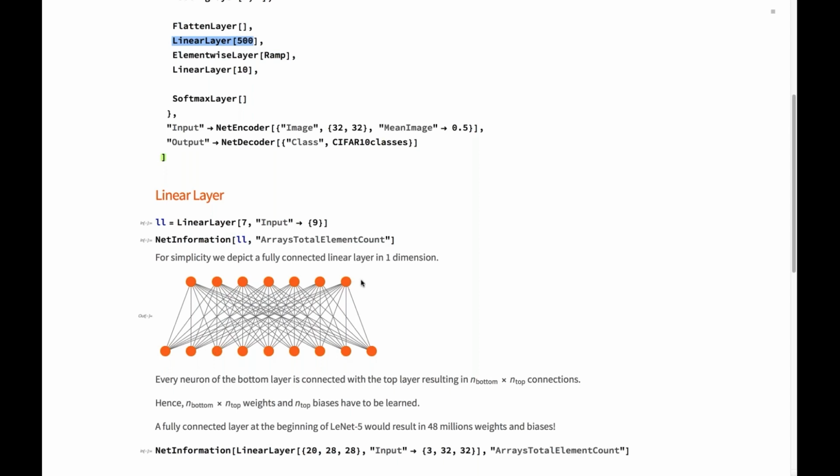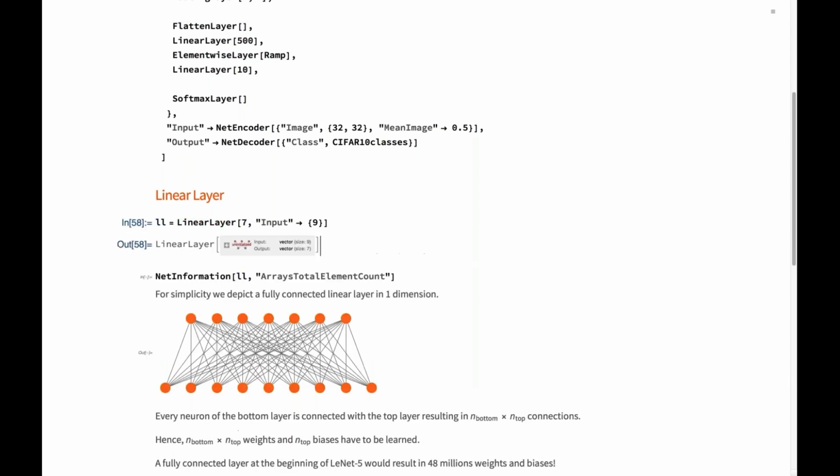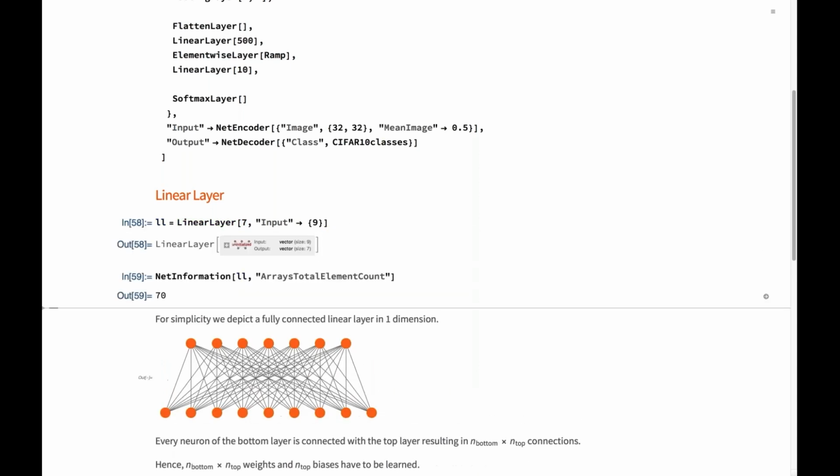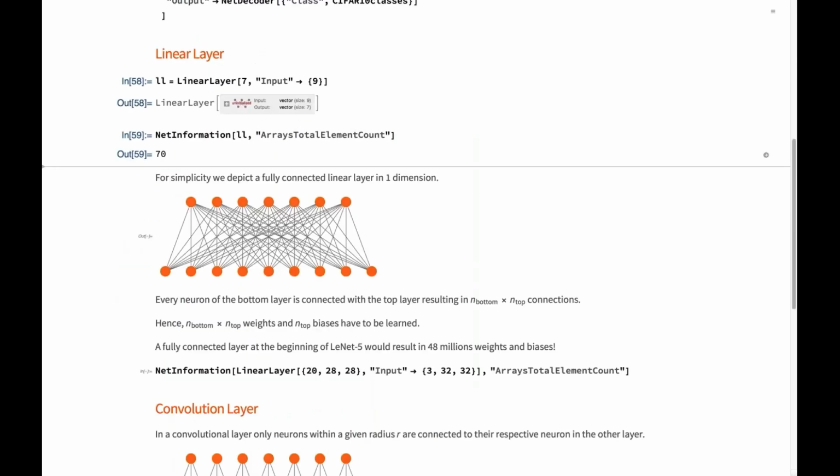So if you, let's say, have 9 values coming in and 7 values going out, you essentially have 7 times 9 weights to learn, plus biases for all the neurons up here, so another 7, a total of 70 parameters that such a fully connected network would imply.